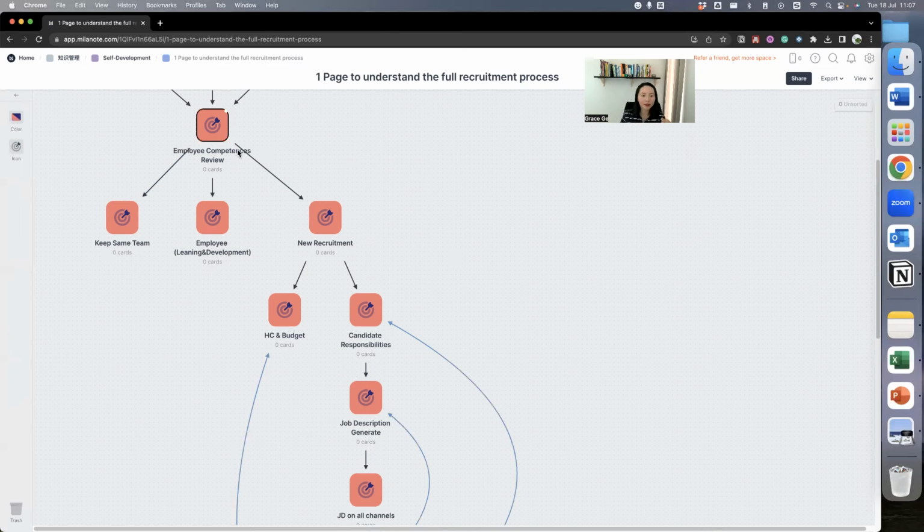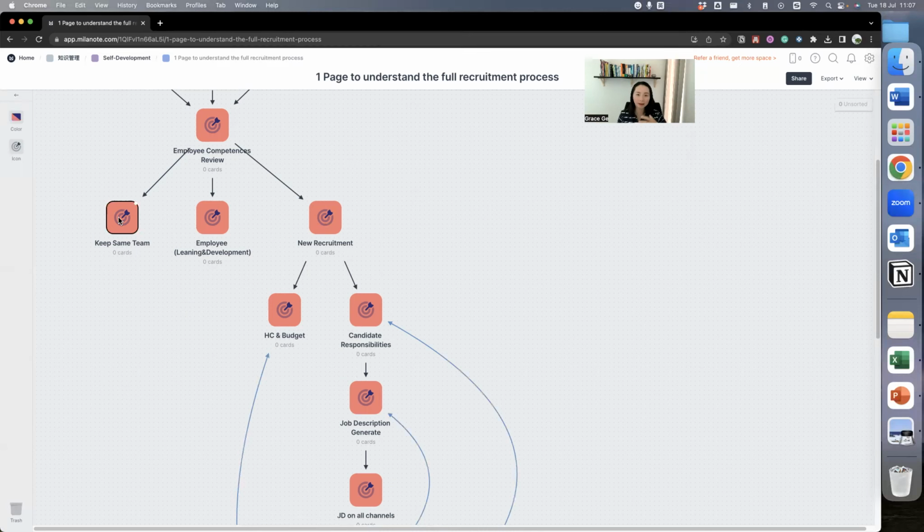So if the existing team has all those competencies that can support the business through the following year, then the HR and also the managers will decide to keep exactly the same team.